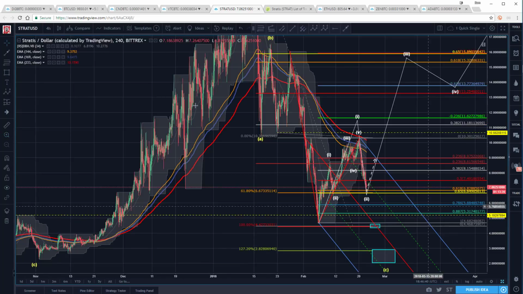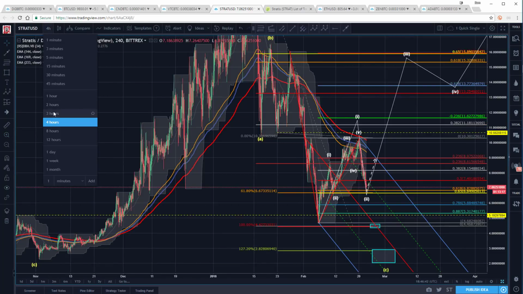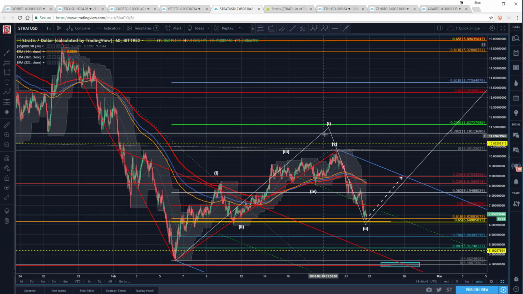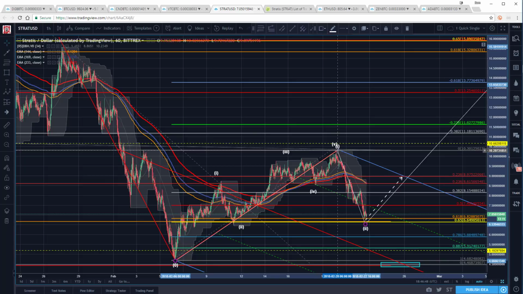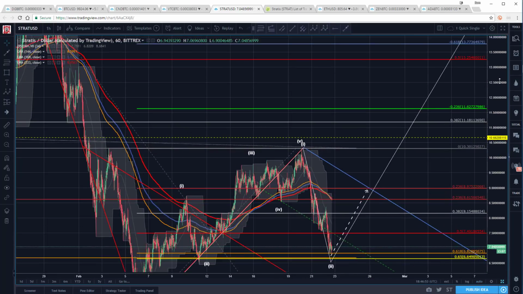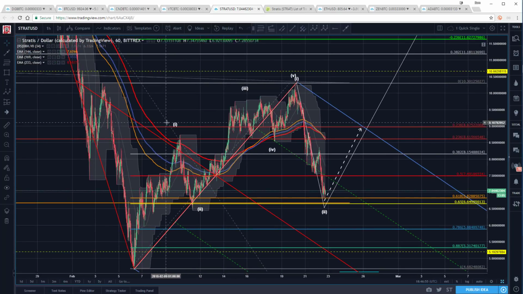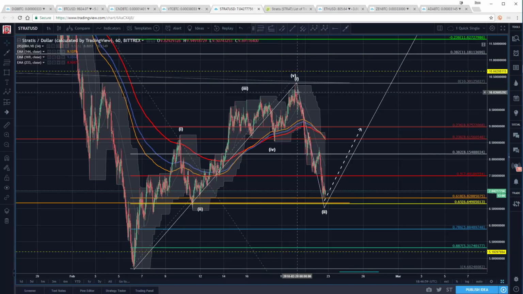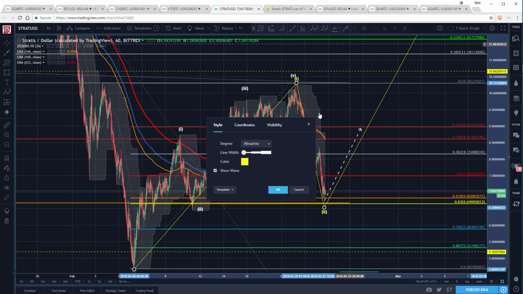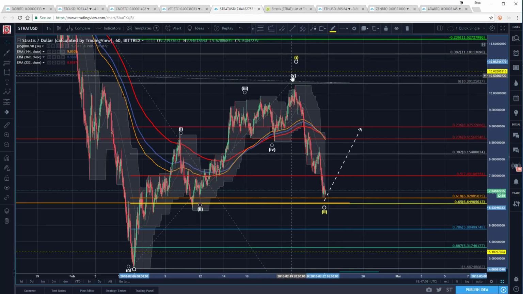So I'm going to just go back down just to finish up here. Let's go down to the 1 hour and see if you really do have a strong case for that as a 5 wave. So this is the play you're trying to make. Let's just measure it, right? And see if it really makes sense. So let's take that wave off. Let's change that color. Okay, so trying to play that as a 4-5.